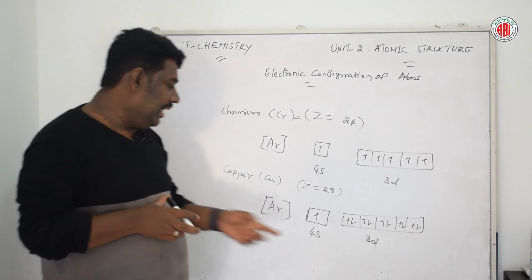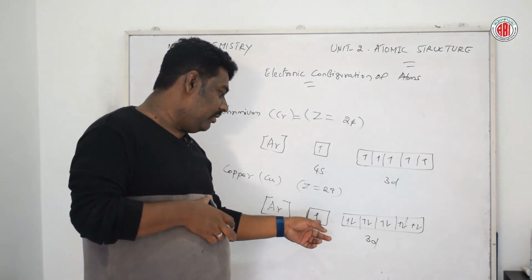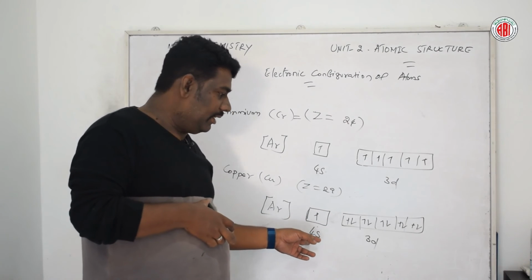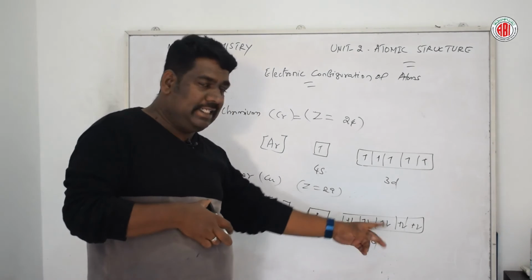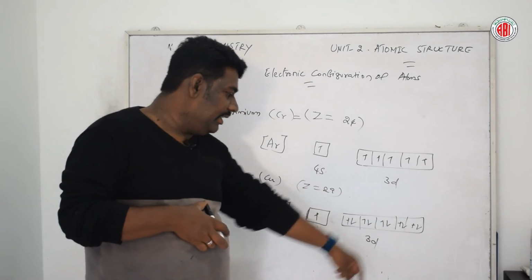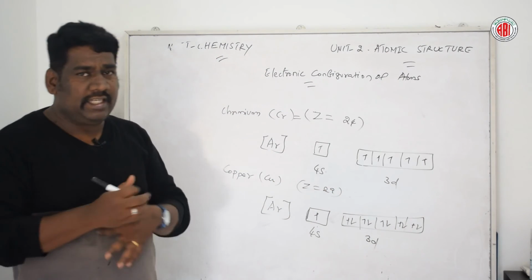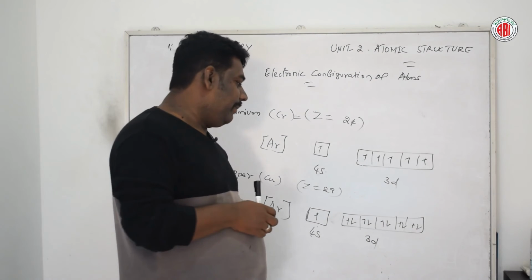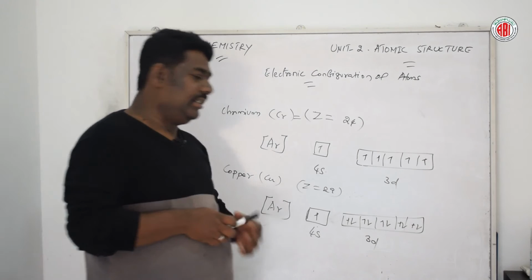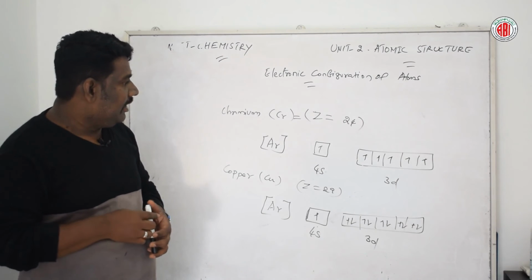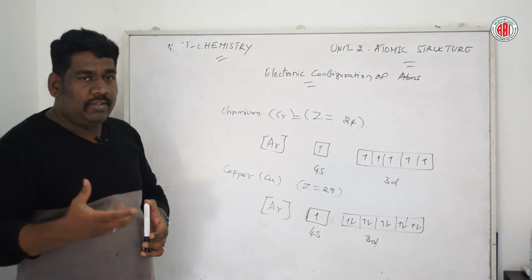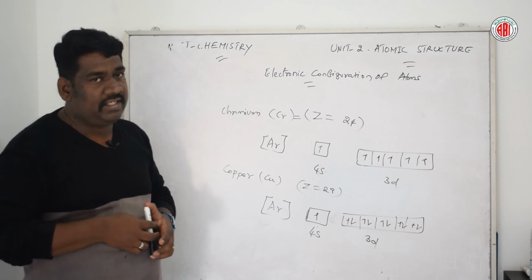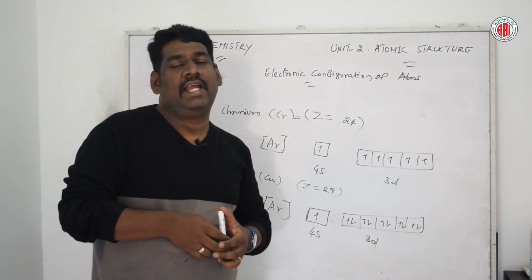We can't write 2 electrons in 4s. If you write 2 electrons in the 4s orbital, then there is a scarcity of electrons that could be accommodated in the 3d orbital. One of the cells could be imbalanced. So to make that balance, we are going to share these electrons in this manner. Okay, and these are the few exceptional cases for writing the electronic configuration of different types of atoms.